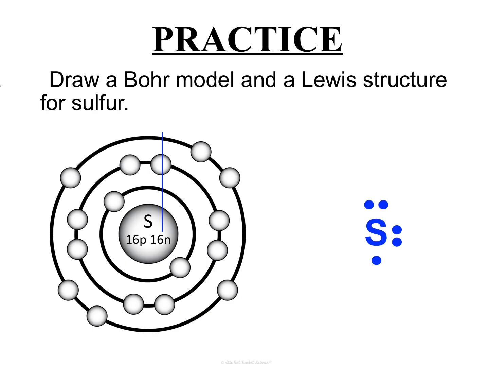Okay, so the Bohr model of sulfur, right? For the Bohr model, you draw the nucleus, put the symbol, tell me how many protons and neutrons, draw your energy levels, and then fill in your electrons. But for the Lewis structure, which is on the right, you just put the symbol for sulfur, and